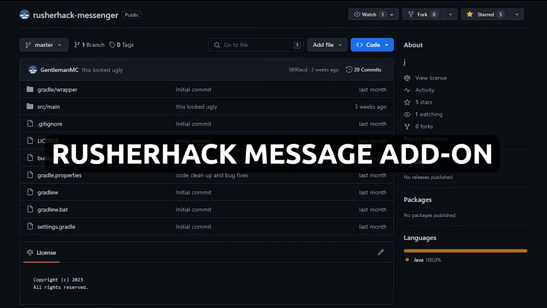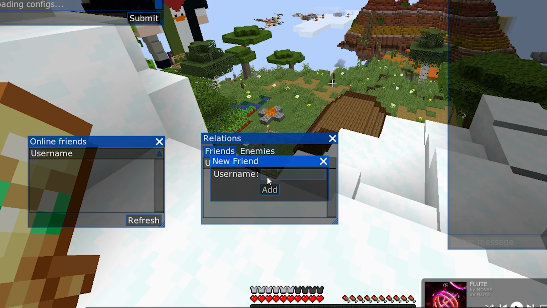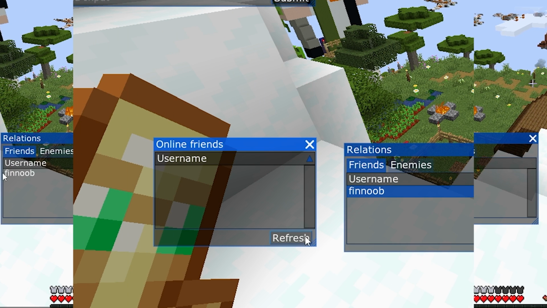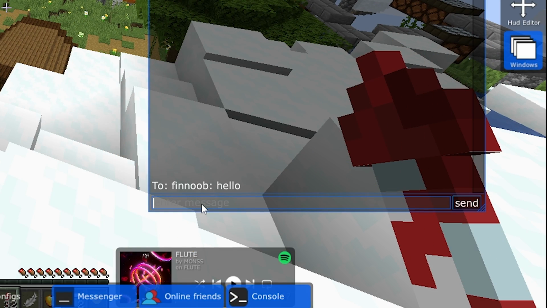This add-on adds a better direct message window to the game. This makes chatting with friends easier, only DMs are shown, so you don't have to scroll through chat or worry about missing any messages. The add-on is still a work in progress, the GitHub does not provide any official release,